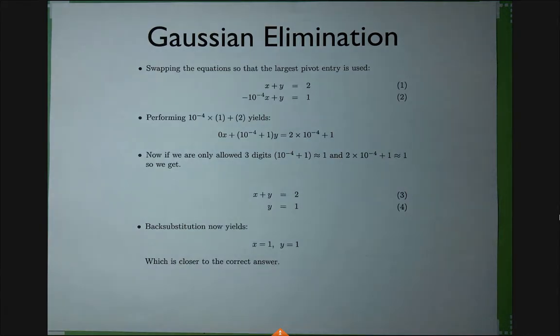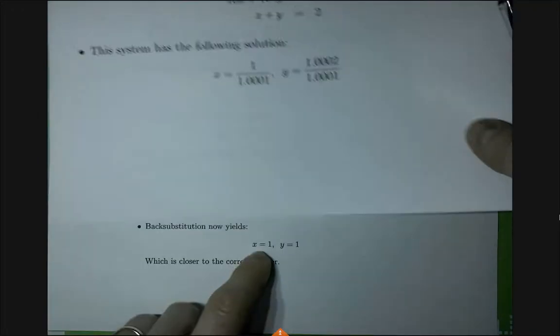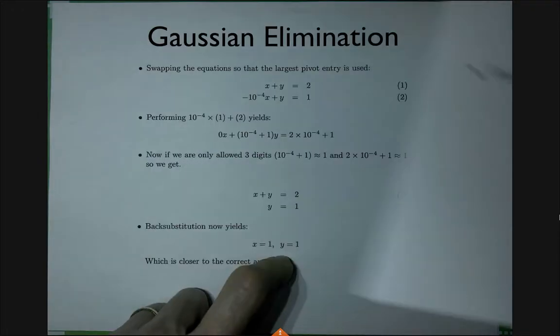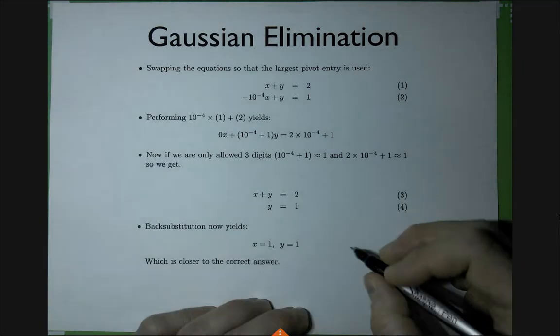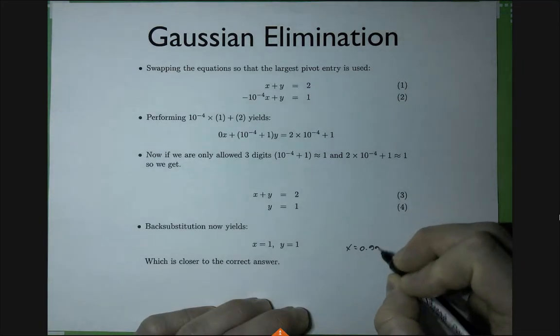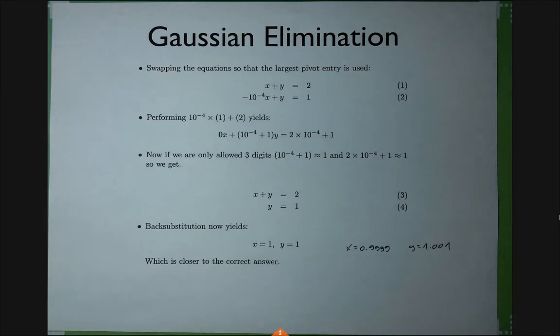And that's almost the right answer, right? The right answer was this. And if I get x and y as a solution, I'm pretty happy about that, right? If I got x 0.999 and y 0.999, like this, I would also probably be pretty happy about that, right? That's close to the exact solution. So that's basically the best thing we can hope for in the presence of numerical error.